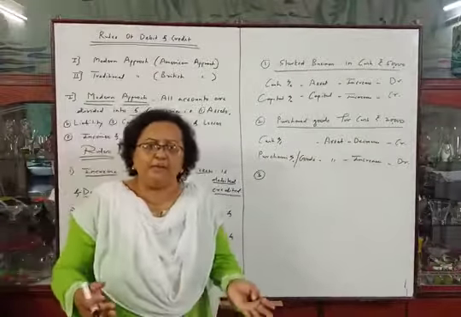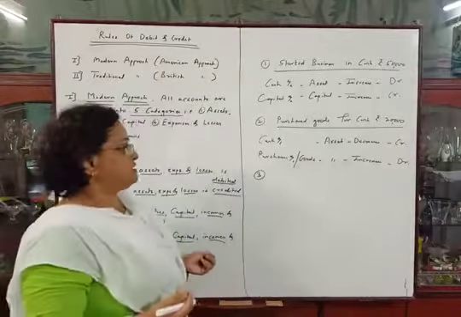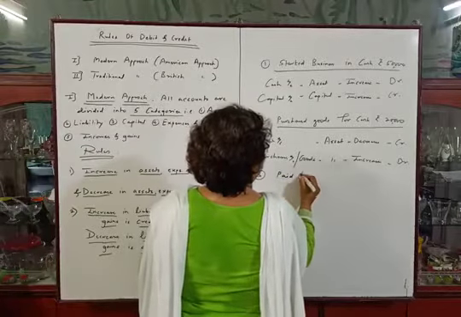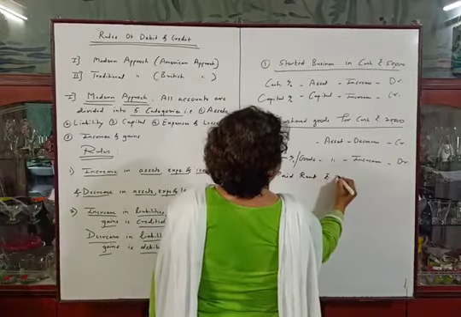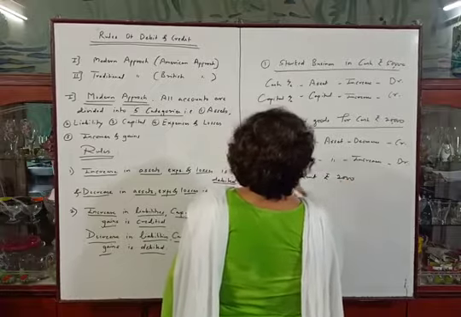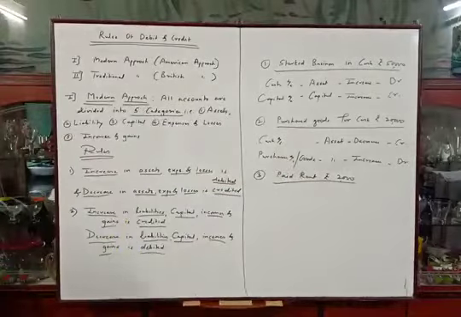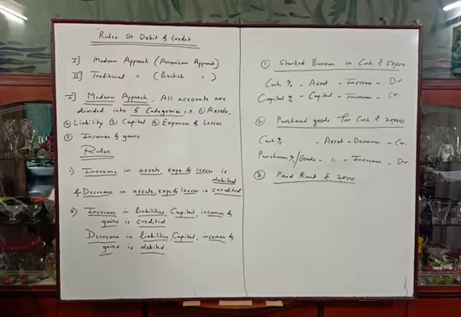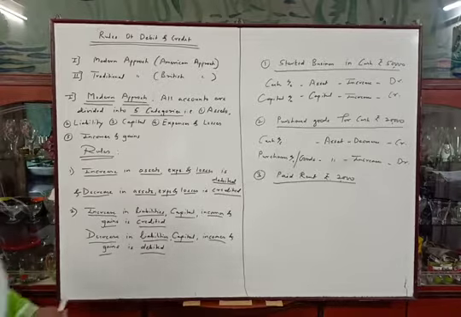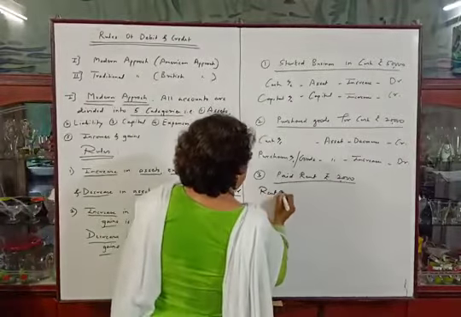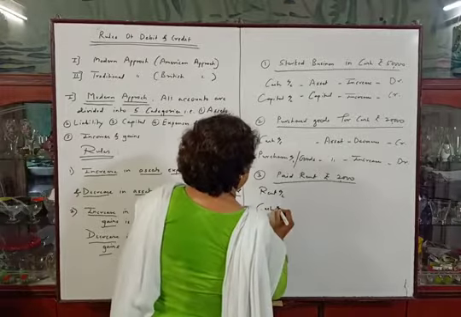We can take an example of any expense. See, paid rent rupees 2,000. This is the transaction. Think about this transaction. Which accounts are involved? There are two accounts involved in this transaction. Which are those accounts? First is rent account and second is cash account.